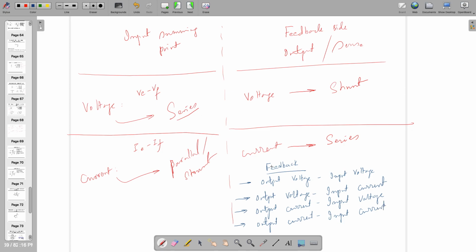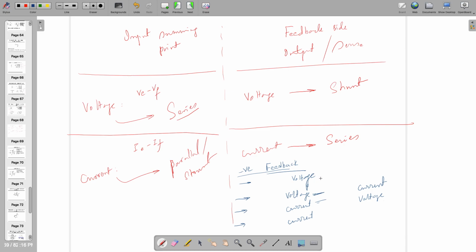Note that this is a negative feedback topology and it's a closed loop. So we are going to remove the output and input names and call it a voltage feedback topology, or voltage current feedback topology, or current voltage or current. Sometimes people drop this one also and say it's an amplifier feedback topology, meaning voltage on both sides, or current on both sides, or voltage current or current voltage. So this is going to decide the type of feedback.